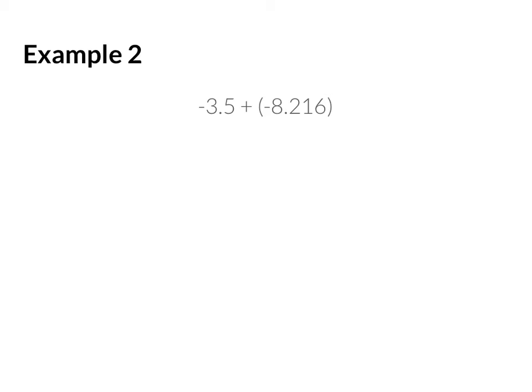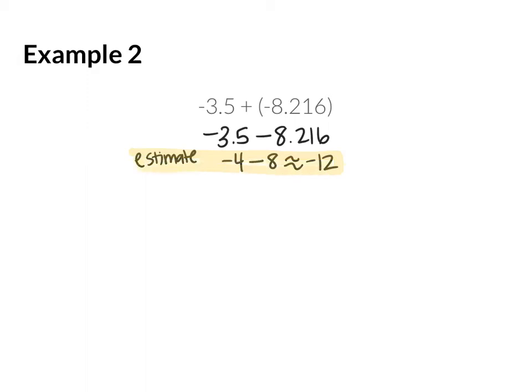Example 2, I again have a double sign, and I'm going to rewrite it. So if I'm adding -8 and 216 thousandths, really I'm taking away that 8.216. And when I estimate, I notice that my signs are the same. So I'm going to combine to give me -12 because I've rounded those off. When I go to actually solve it, I'm going to notice that for my estimation, I combined them, or I added them together. So I line the decimals up again, and this time I add